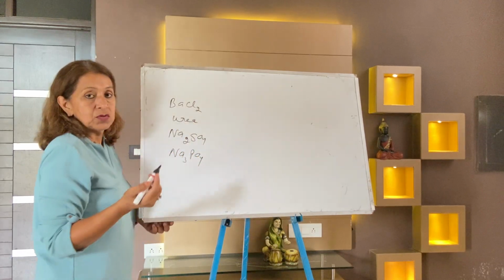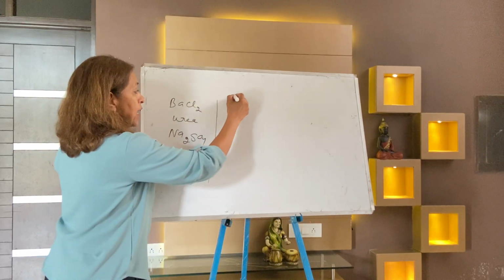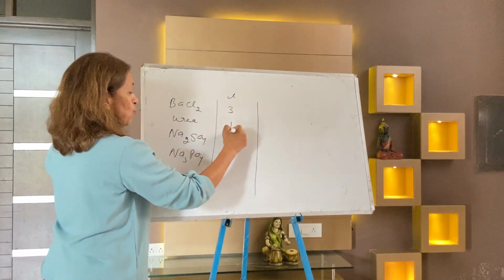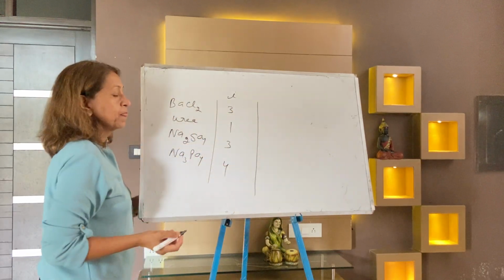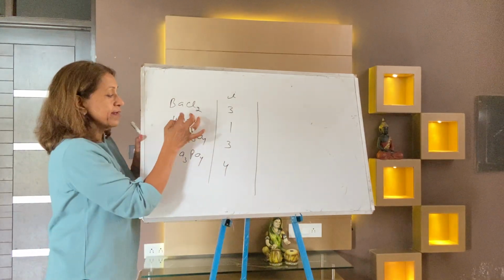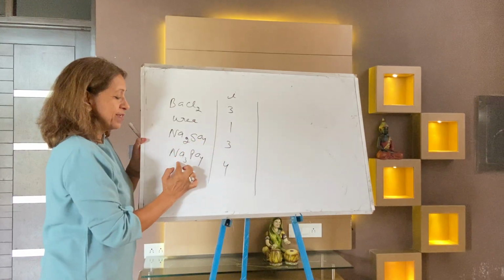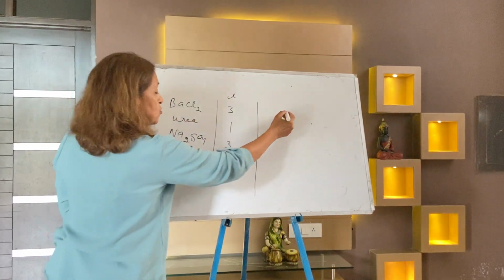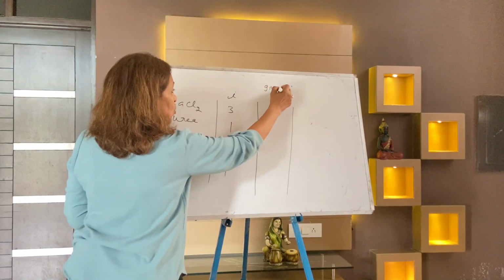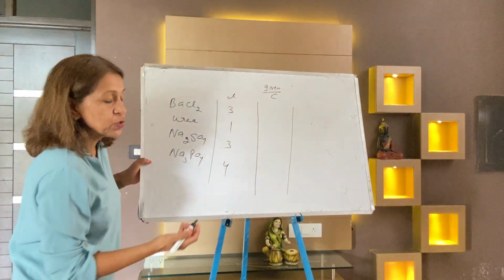So always remember, dear children, I am giving you the van't Hoff factor, i. It has i=3, i=1, i=3, i=4. What is i? It's the van't Hoff factor. It divides into 3 ions. Urea is a non-electrolyte, so it remains 1. Then it divides into 3 ions, and it divides into 4 ions. So concentration is given, we have calculated just by observing these. The concentration of each is 0.1.